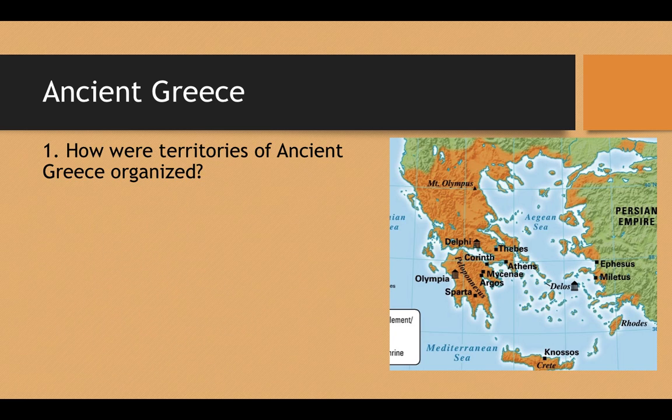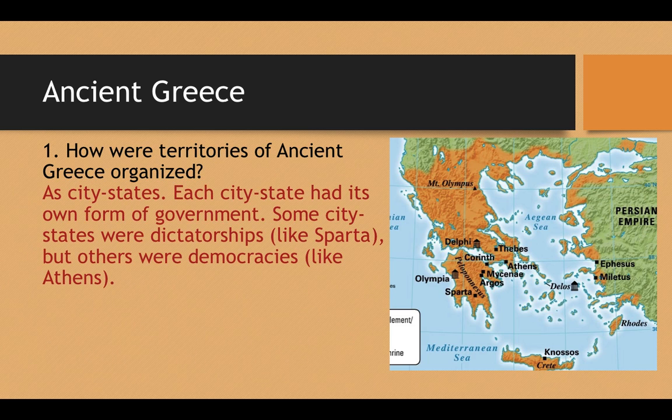So starting with Greece, the territories of ancient Greece were organized into city-states, and each city-state had its own form of government. So some city-states were dictatorships, like Sparta, and then others were democracies, like Athens. So it was like each city was its own state, or kind of like its own country in the larger